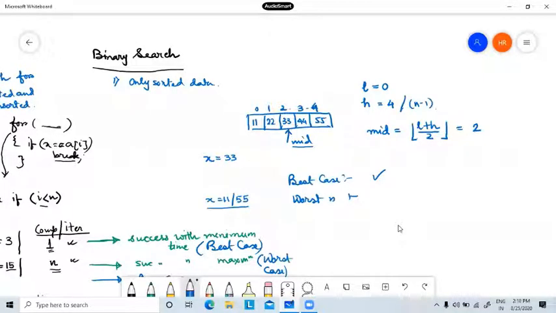Who is telling 44? Why is 44 the worst case? Sir, 44 is equally bad as 55. No, the floor value we have to take for mid. So it will come to 3. Yes, understood. Okay.